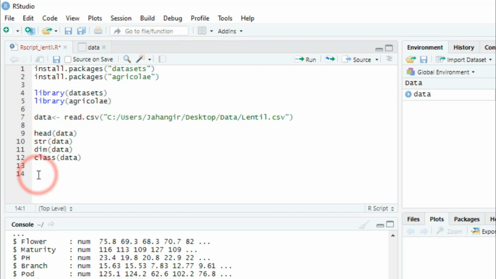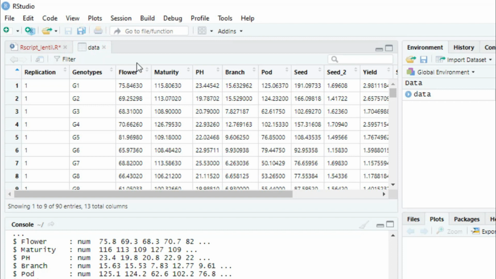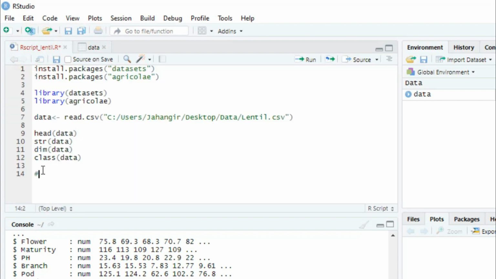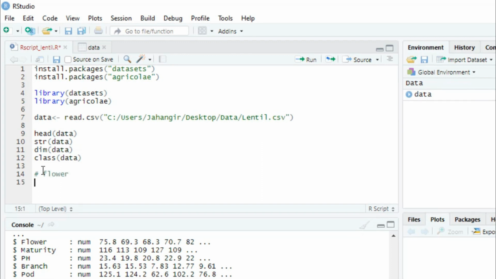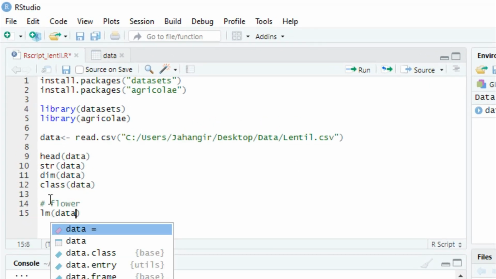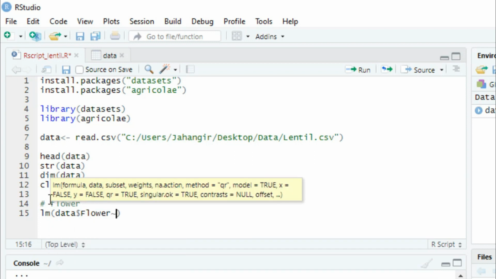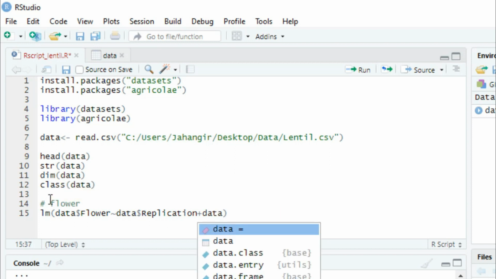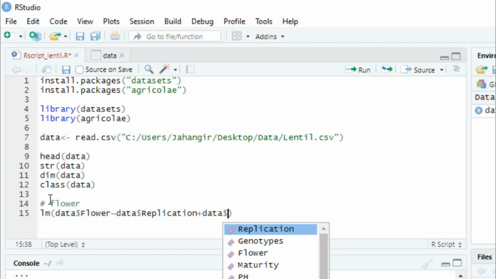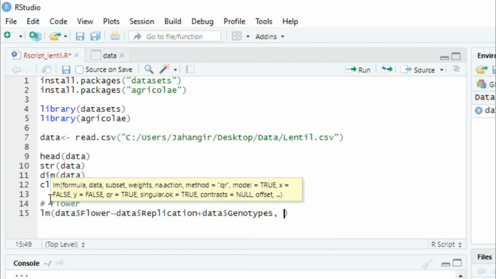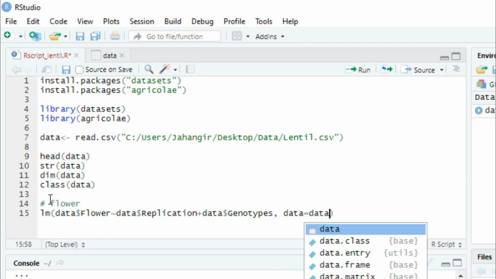Okay, so first variable is flower. Okay, flower variable. So we can write flower, linear model, lm, data$ first variable, flower, tilde, data$replication plus data$genotypes, comma, and data equals data.